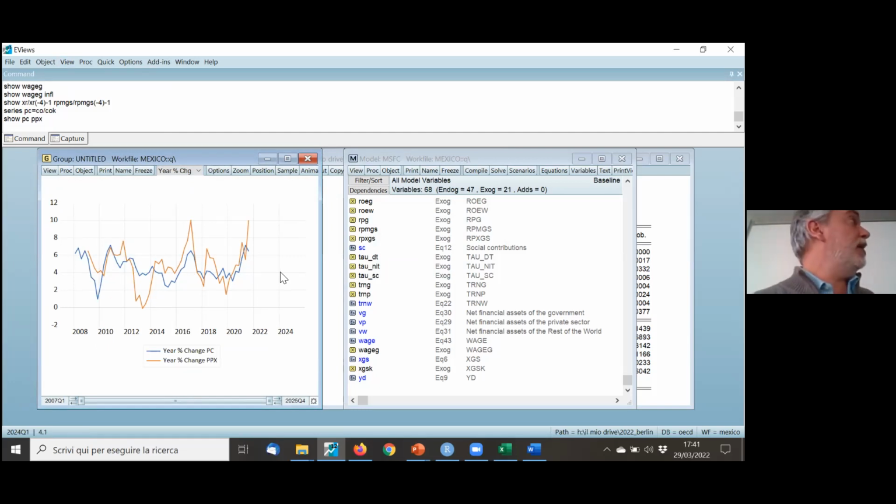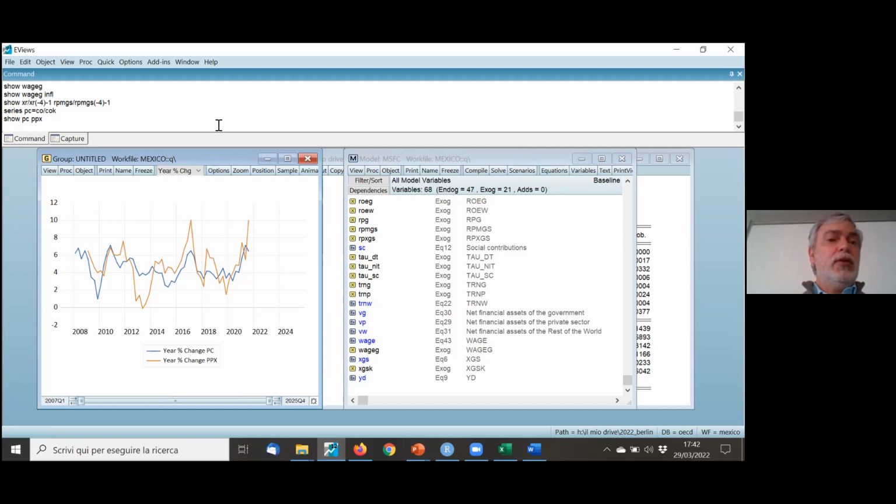So this means that the deflator of investment goods is much more volatile than the deflator of consumption, which is usually the case. And I also suspect that the deflator of investment goods is estimated less precisely in the national accounts. So these may help us improve a lot the modeling,